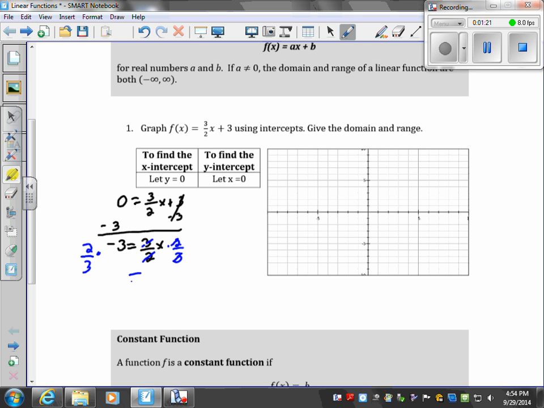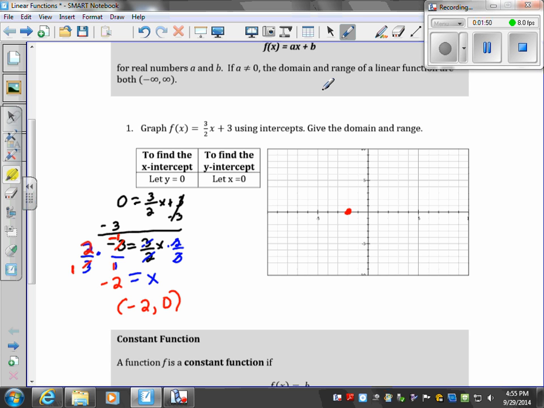And that would all reduce out, it cross cancels. What I'm left with on the left-hand side, if you divide by 3, divide by 3, is 2 times negative 1, which is negative 2 over 1, which is just negative 2. So I would have the ordered pair negative 2, 0,